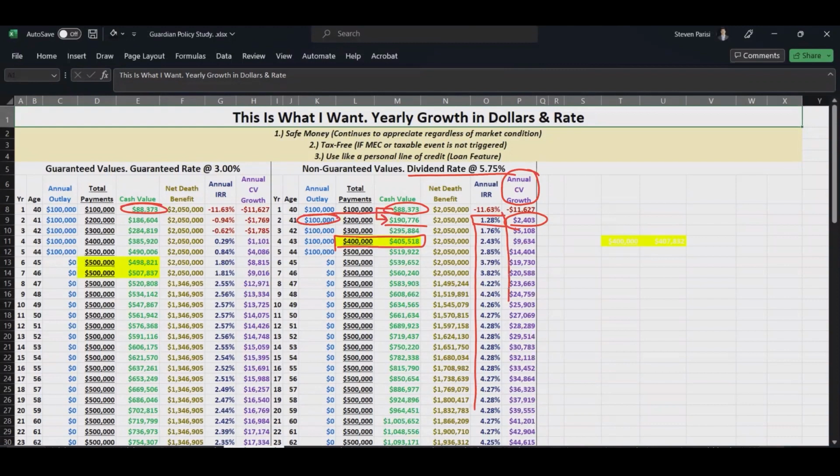And there's the annual cash value growth. This is based on Guardian's L95 product with their 5% PUA fee, which will have stronger guaranteed values. But on the non-guaranteed side, this IRR and cash value growth is a little bit weaker than what you would see with the 10% PUA fee. And we've got videos that provide a side-by-side comparison and explanation of fees. But this is a nice option here as we see it continue to appreciate over time.